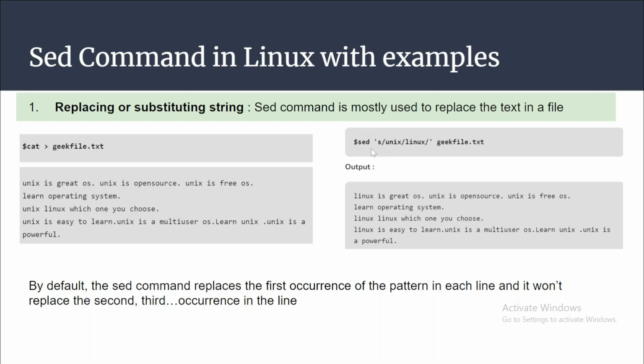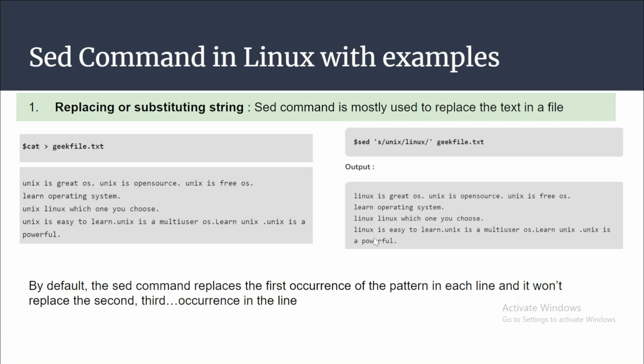So what is happening? Wherever it finds the first Unix, it replaces it with Linux. In each line, first it finds Unix here and replaces it with Linux. For the second line, there is no Unix, so no substitution happens. In the third line, again we have Unix and Linux, so the first matching one is replaced with the Linux argument. Then it jumps to the fourth line, looking for the Unix pattern, and this Unix is there, so again it replaced the first Unix with Linux.